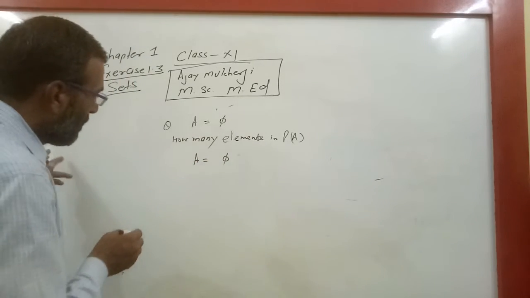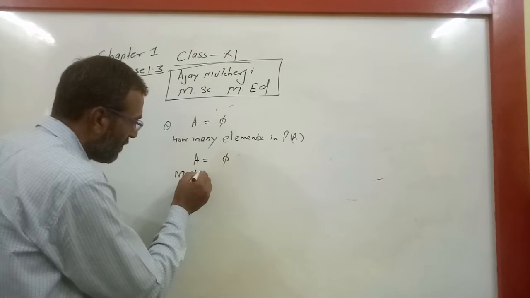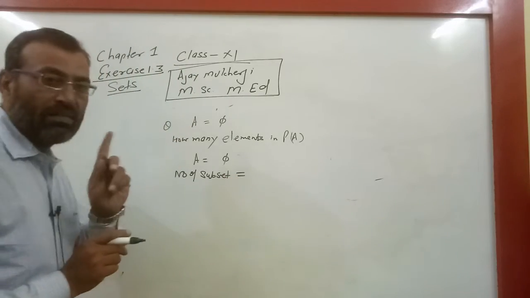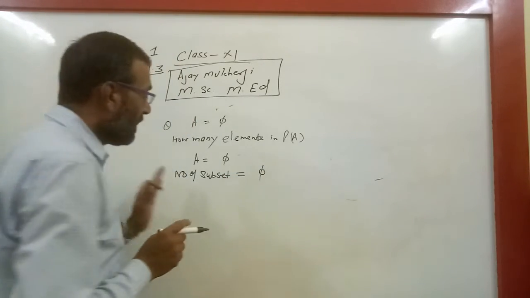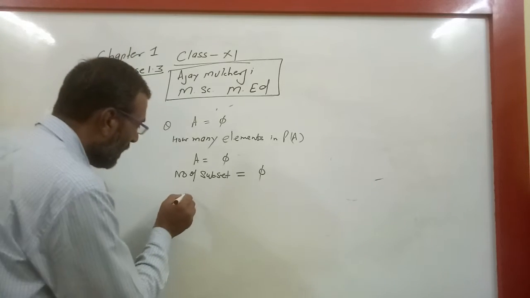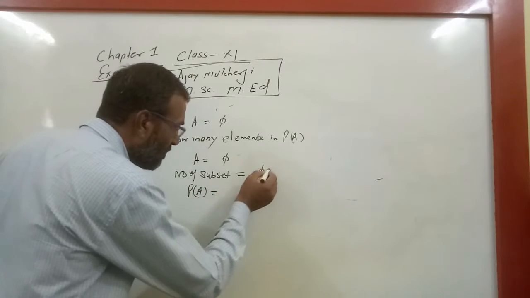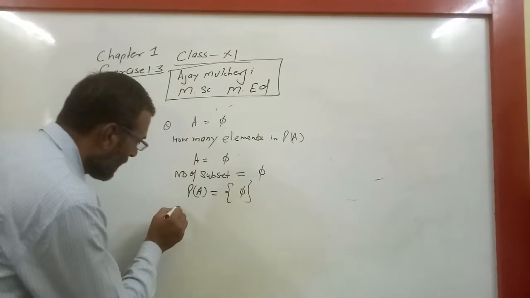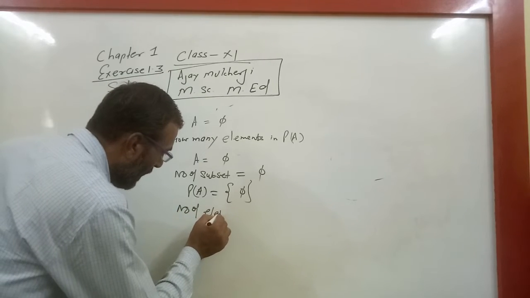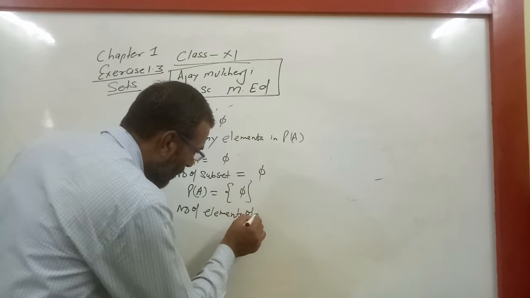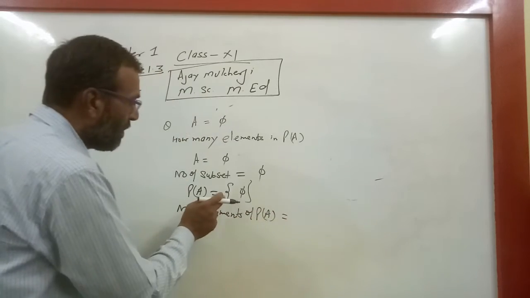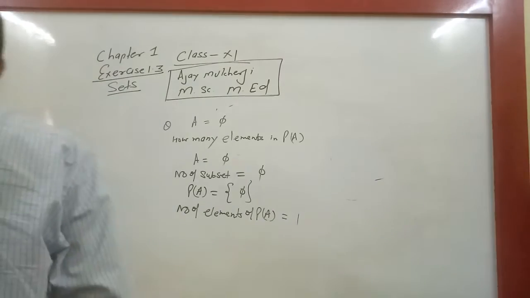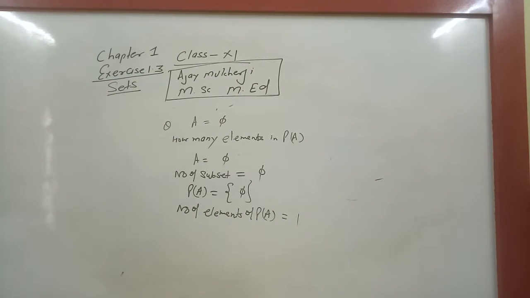Now write down the number of subsets of this. Only one subset is there, because 5 is the only element. इसका एक ही subset बनेगा {5}. Power set लिखने के लिए, आप subset को bracket में put करोगे. {5} inside the bracket लिखेंगे. और power of A के elements लिखोगे तो वो answer आएगा. ब्रैकेट के अंदर एक ही 5 है, तो एक element इसका answer आएगा 1. इस तरह से power set के elements लिखे जाते हैं.